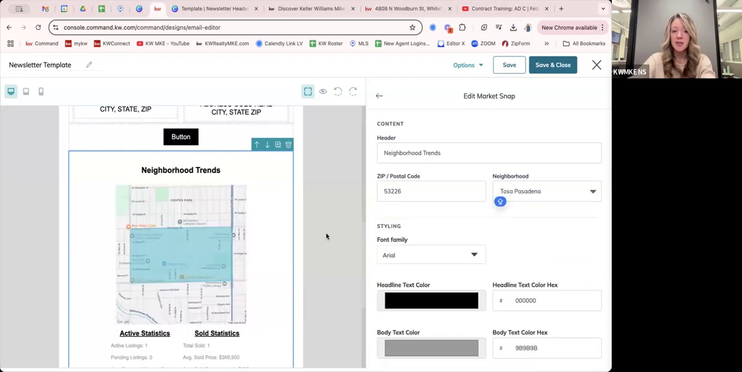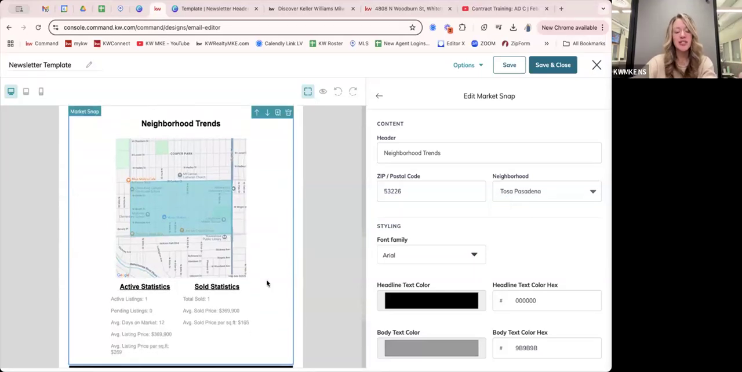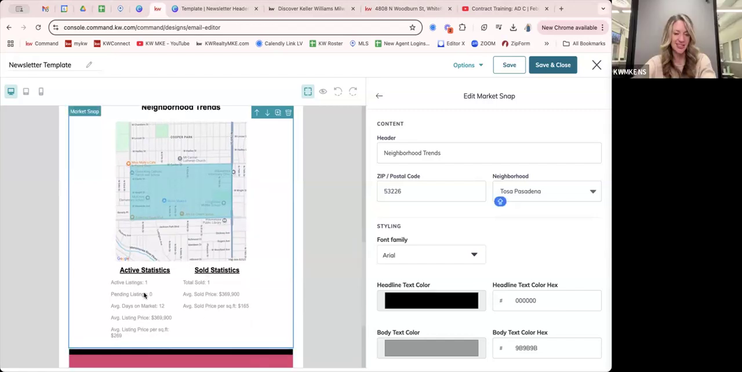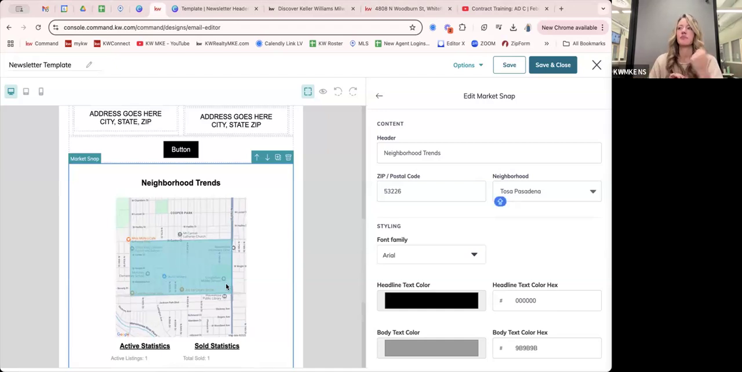Now keep in mind, some of these neighborhoods are small, the boundaries are small, and that is not necessarily going to pull in any active inventory. So just keep that in mind and make sure that you're looking at this. Because like for this one, there's only one active listing. So again, just pay attention to that. Pulling the stats from the MLS may be more beneficial,